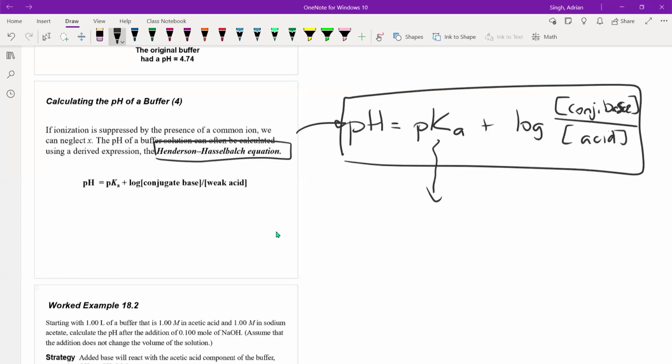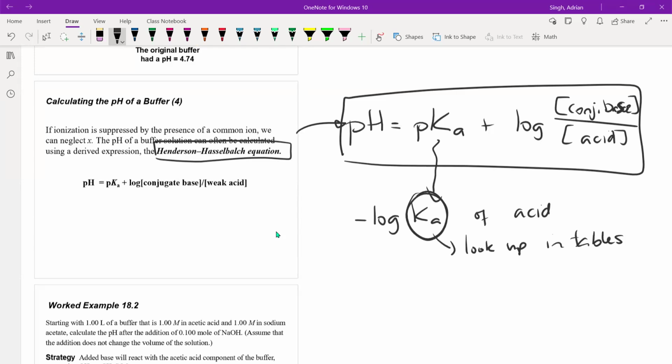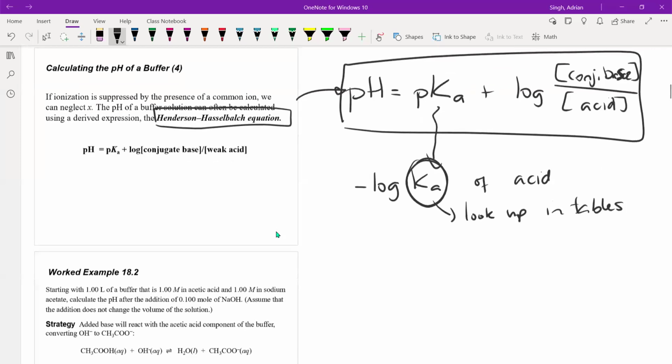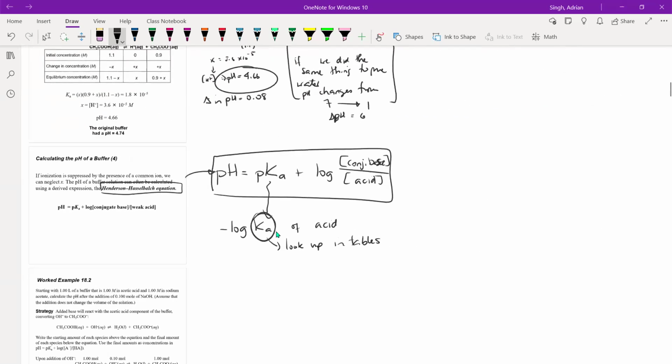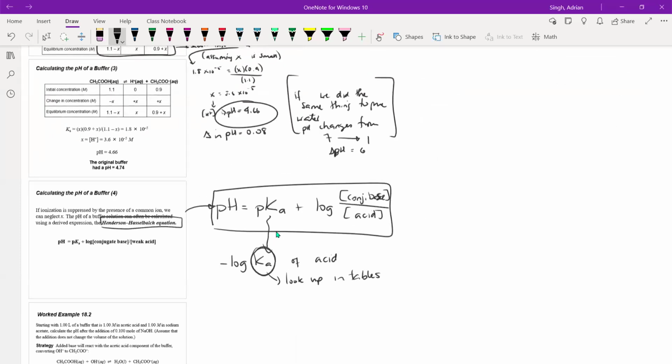So this pKa is simply equal to the negative log of the Ka of the acid that was used. These Ka values we can look up in tables, or they would be provided to you, or we can calculate them based on information that's given. So if we were to apply this Henderson-Hasselbalch equation to the example that we did before, this one here,